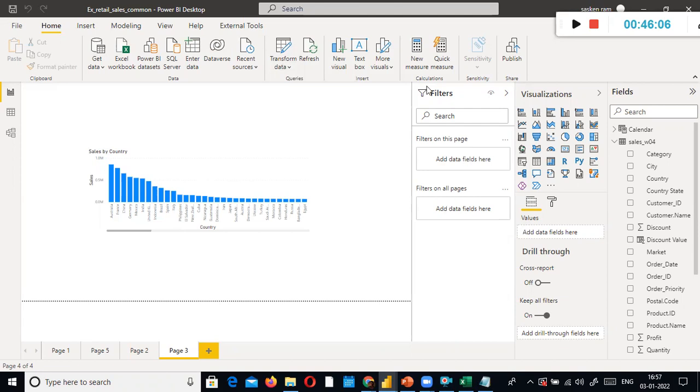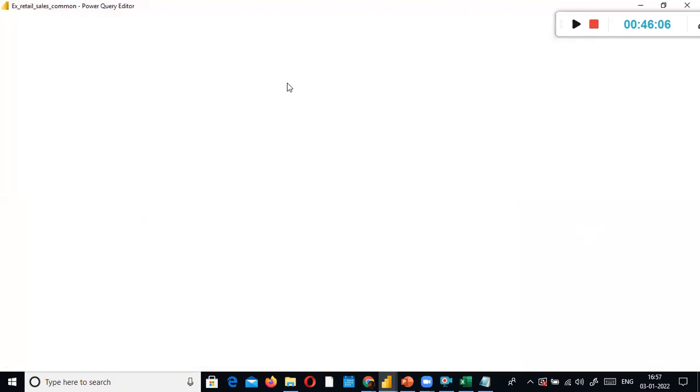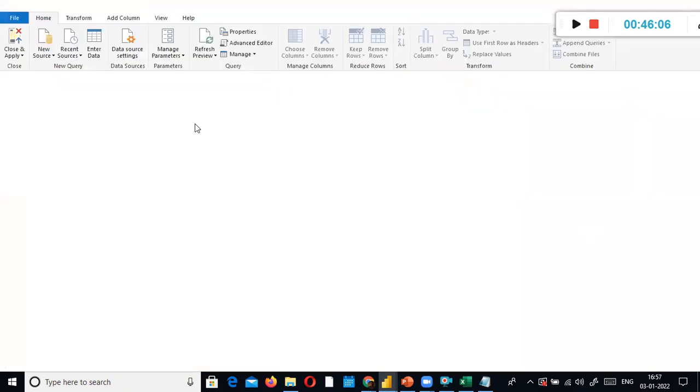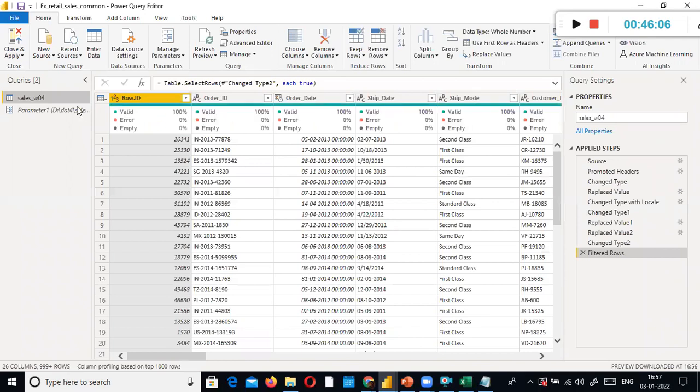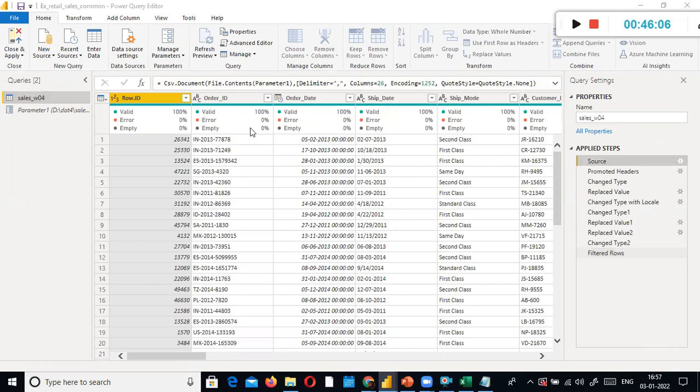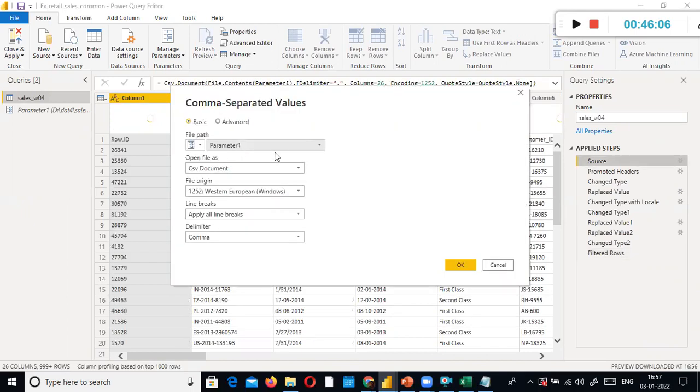Otherwise, what will happen? You should be knowing the program. You should go and click transform data, and then he has to go and change it here. He has to open this transform Power Query Editor and go to the source here. And from here, he has to make changes to the path. Look here, he has to go and manually change the path.